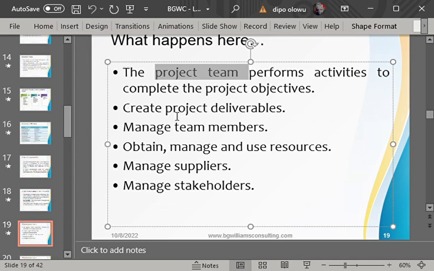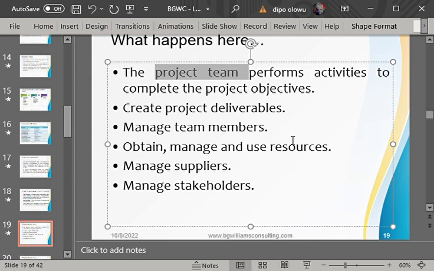What else happened? Number three, the project manager manages team members. For instance, maybe there are issues between team members, a fight or a quarrel or argument, or maybe one person has more sophisticated knowledge than the other. What would the project manager do in this case? He tries his best to manage the project team members, because it is the team members who are actually performing the work. That is why he needs to manage them.